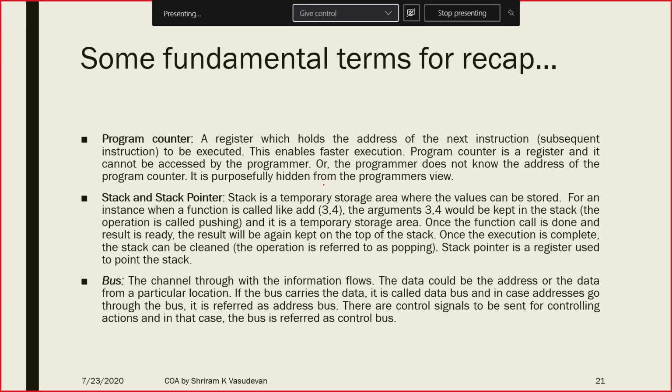What is a bus? The bus is going to play a vital role in the entire COA subject, whatever we are going to learn even after this. So remember, the bus is the one which is going to carry the content. If I have to send data, it has to be the data bus. If I have to send an address, I will have to go with the address bus. And it can be a single bus which can carry both data and address, based on the type of bus and operations that you are choosing. We need to be cautious about it. This is just the fundamental recap that we have done.